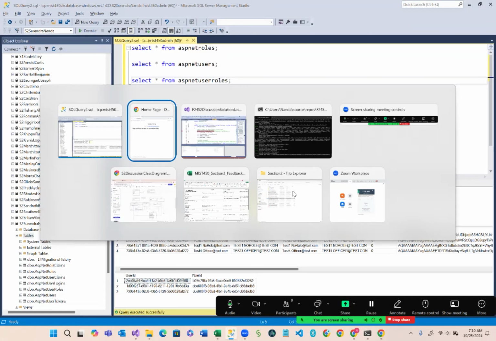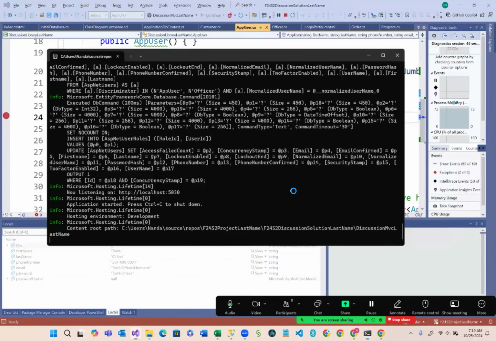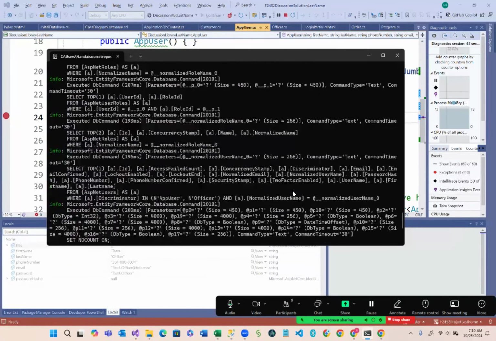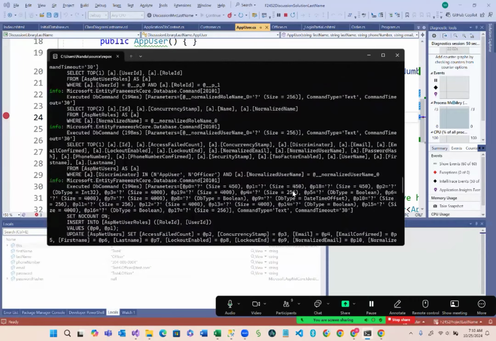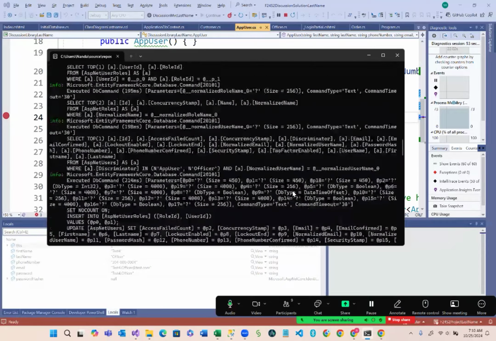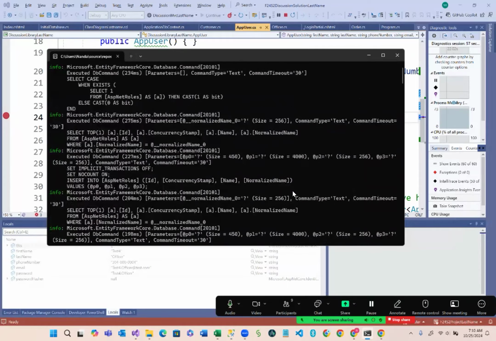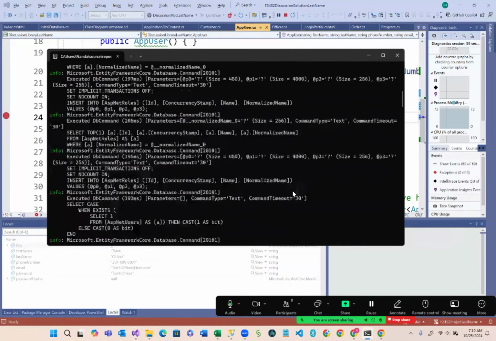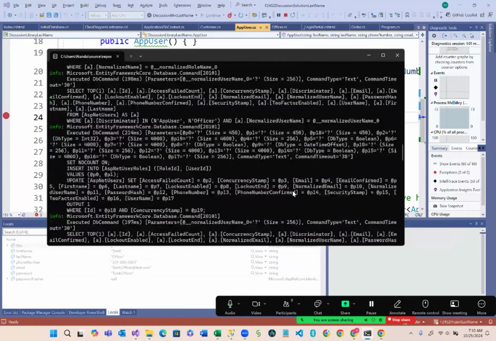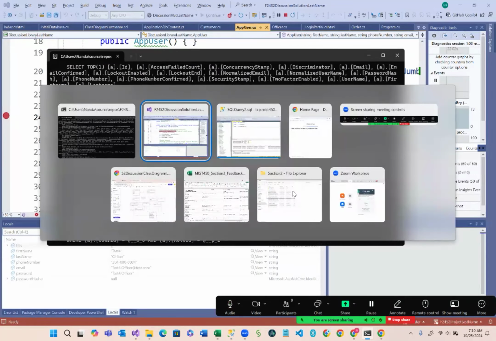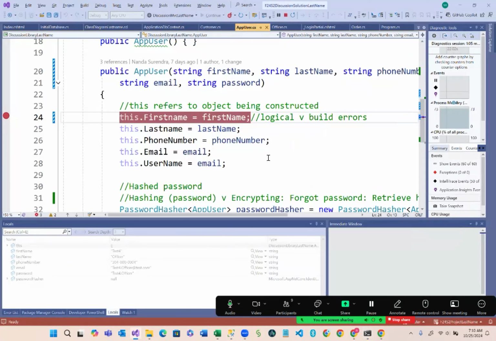Now, if you go through all the messages in the logging, you can see there is no error. Previously, when we were not, if we run it again, we are not going to try to repopulate, but it will just,